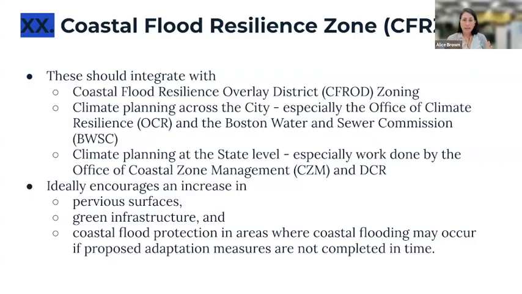The other models that we have look at a smaller set of storm types, and were used to create the outline of the Coastal Flood Resilience Overlay District that is now used for zoning by the Planning Department. While there are benefits to using MCFRM, and we would encourage applicants to look at those models when doing their own climate planning, the Coastal Flood Resilience Zone is going to be coterminous, or have the same geographic boundary as CFROD, in order to ensure that people are going through a parallel process and not making permitting more complicated as you go through different city processes.